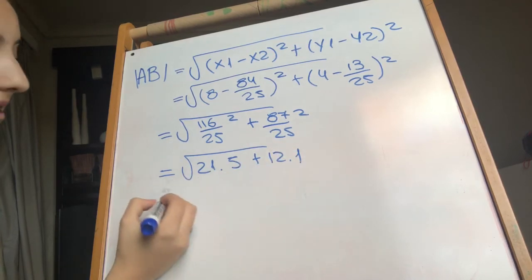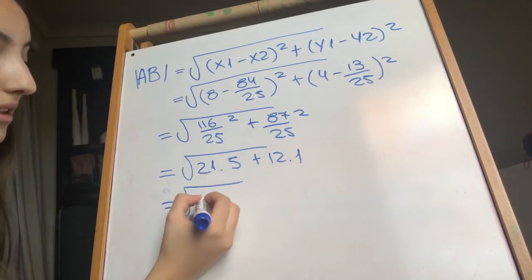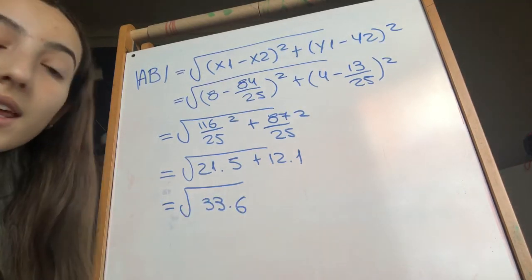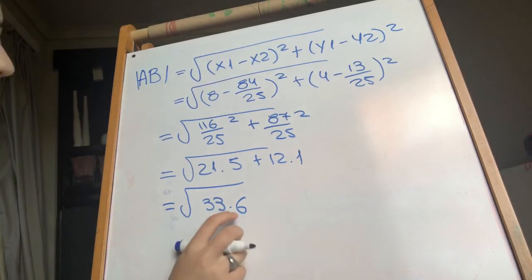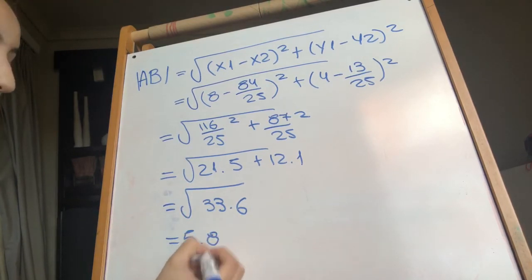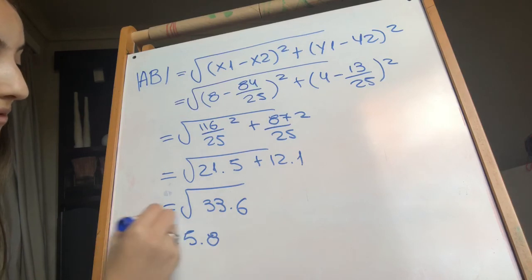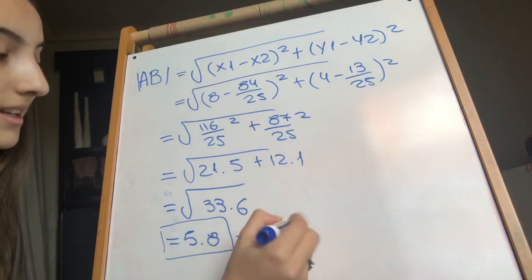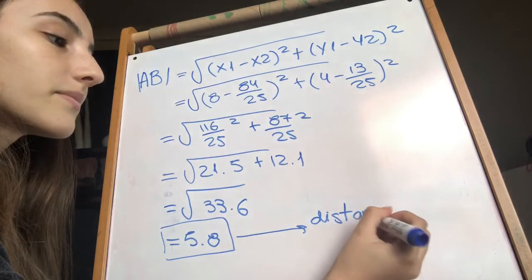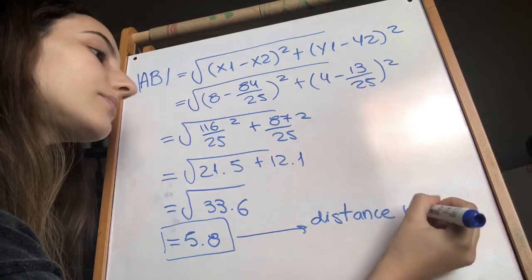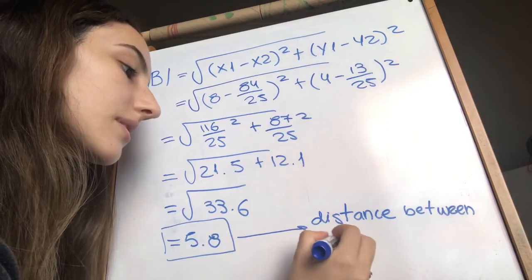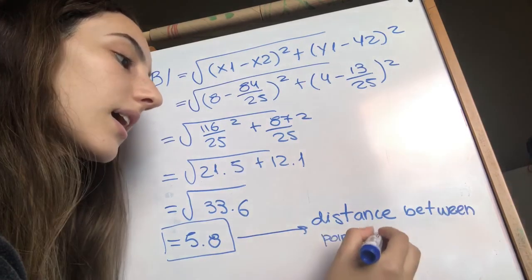And this sum gives us the root of 33.6. And using the calculator, we can see that the root of 33.6 is 5.8. So 5.8 is the distance between points A and